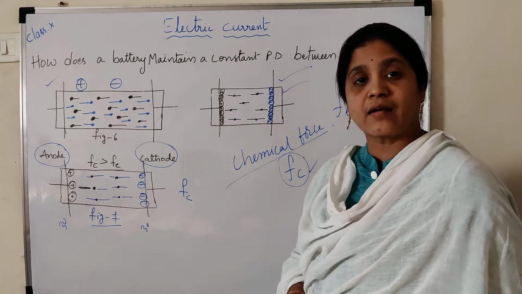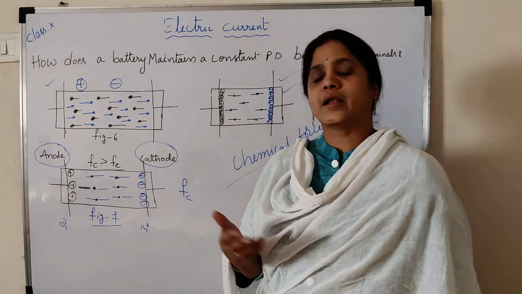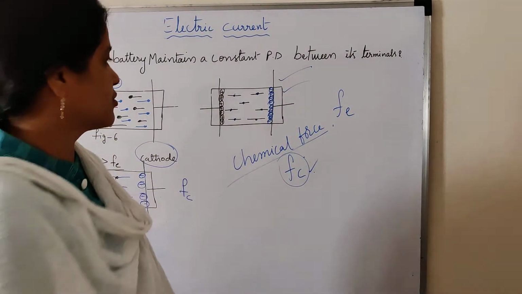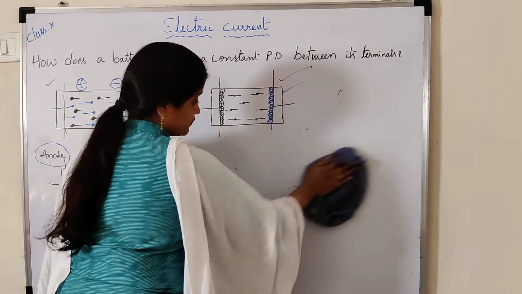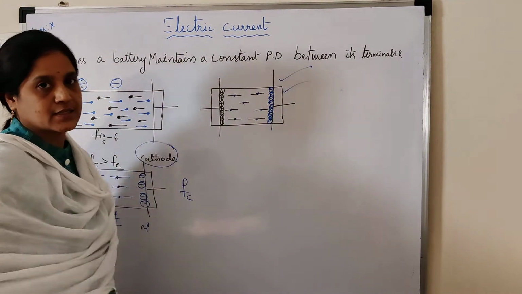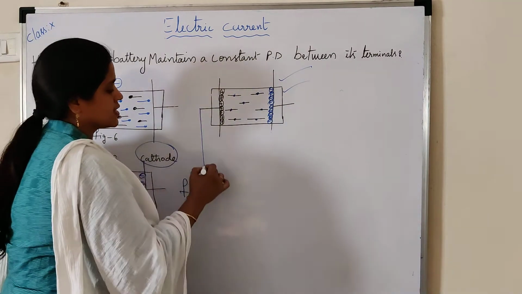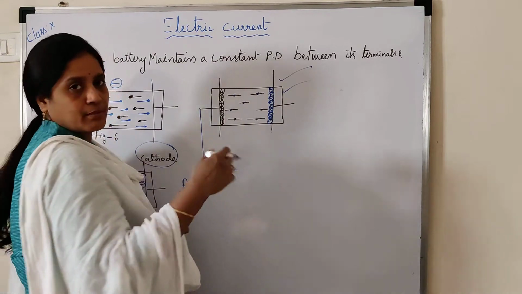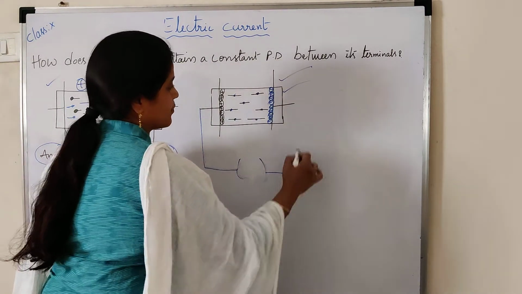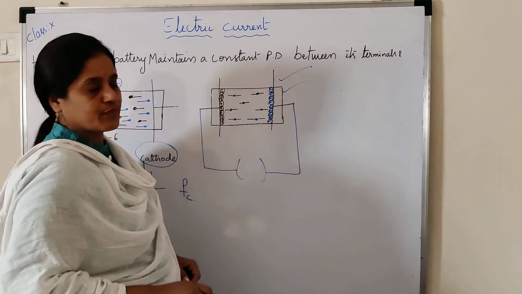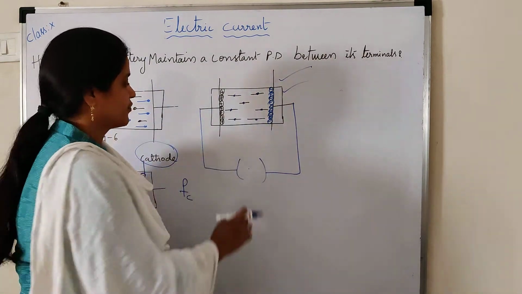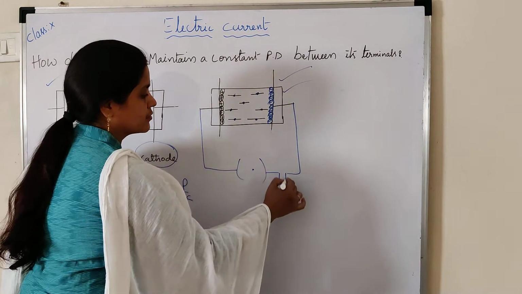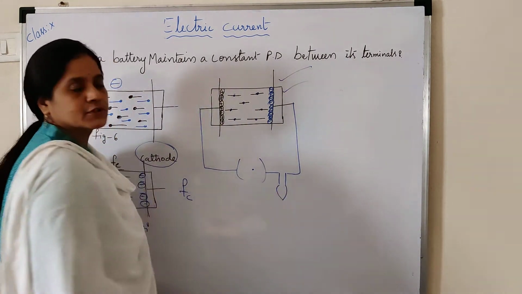Suppose these batteries are used in a torchlight, toy cars or a remote control. First we'll discuss how it works. Suppose these ends of the battery are connected to some equipment or appliance, like a remote. When you switch on, and you take some bulb here,